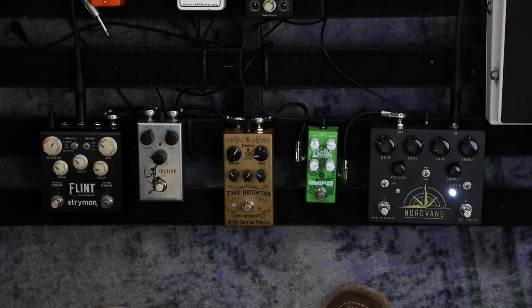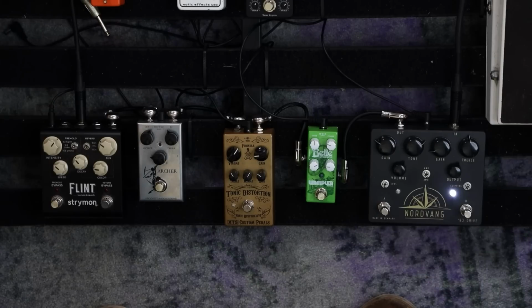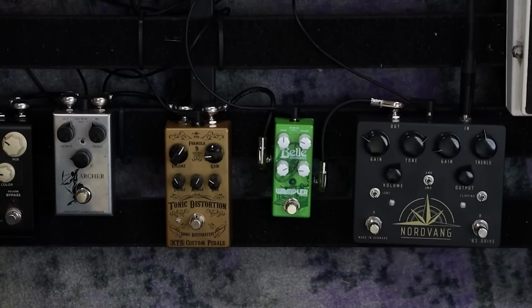Okay, so what I like, right? So check it out again. Here's by itself, nothing on, just the amp. So you got mids and like highs starting to come in. It sounds freaking great. Now check it out, when I put in the Wampler Bell, it adds another layer of